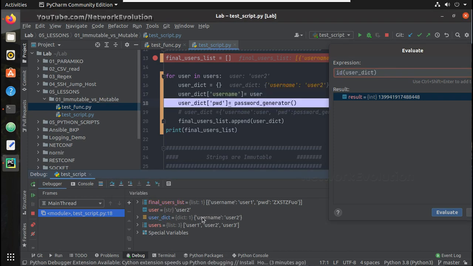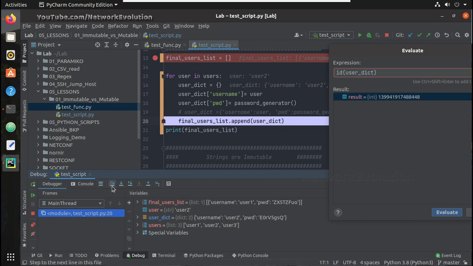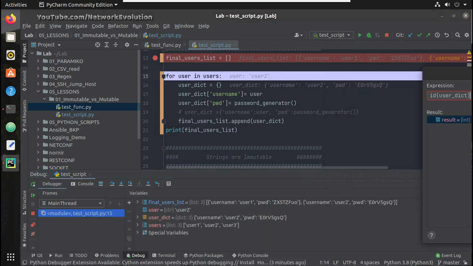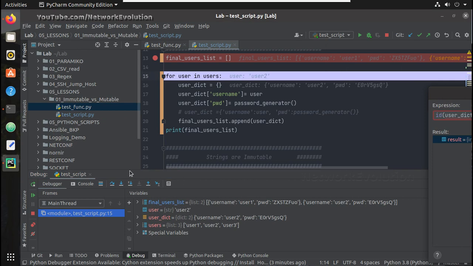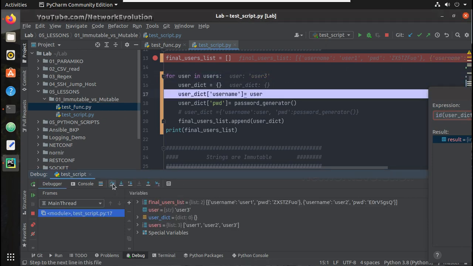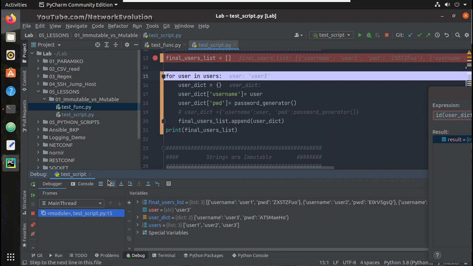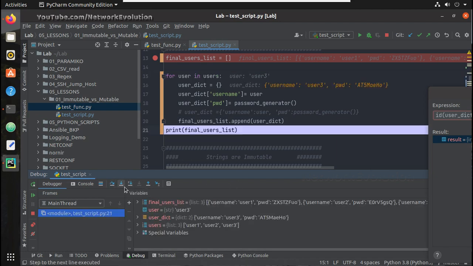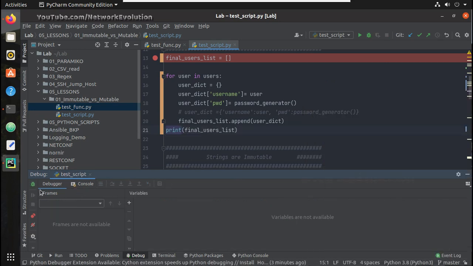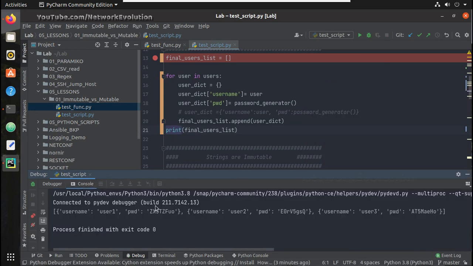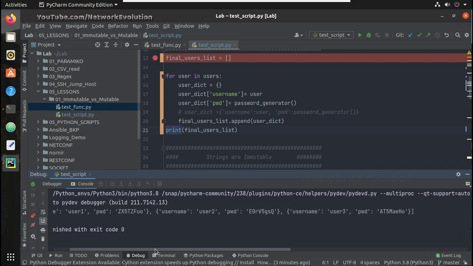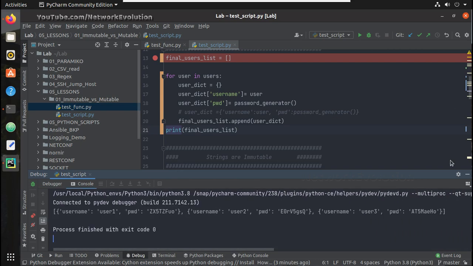And it has appended the username, then the password, and added the value to the final user list. Same way it will even add user3 as well. And you can see execution has been completed, and here you should be able to see the log.